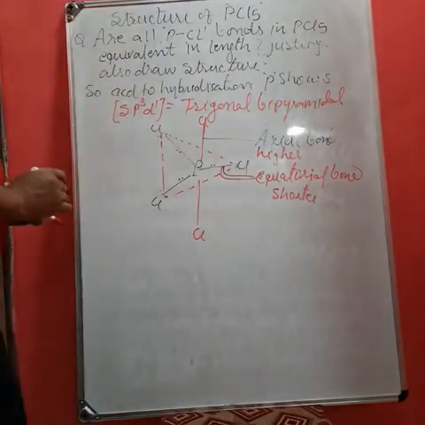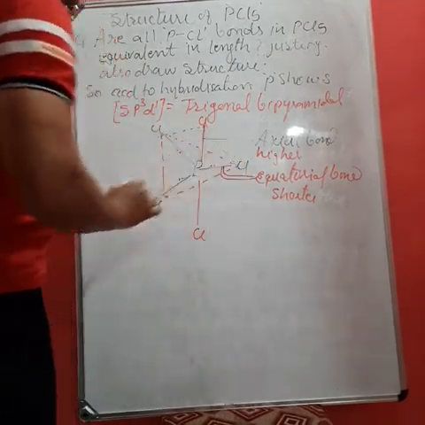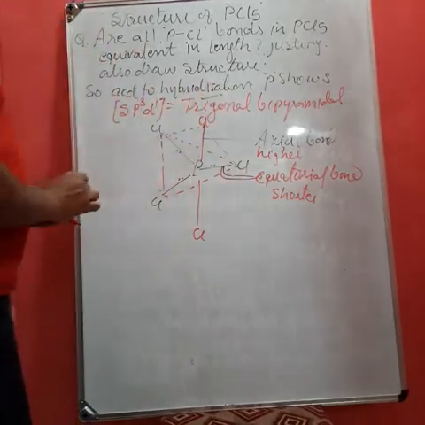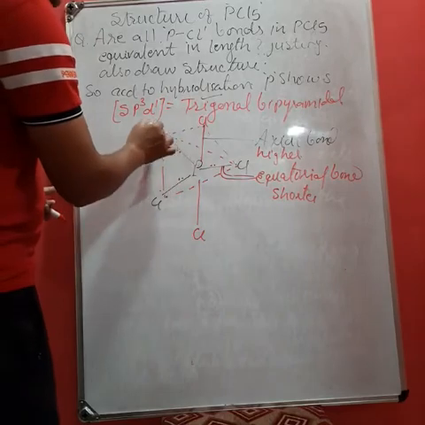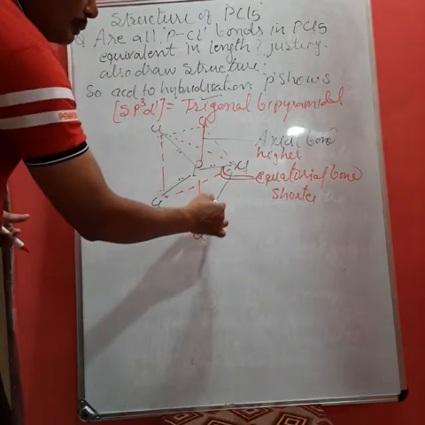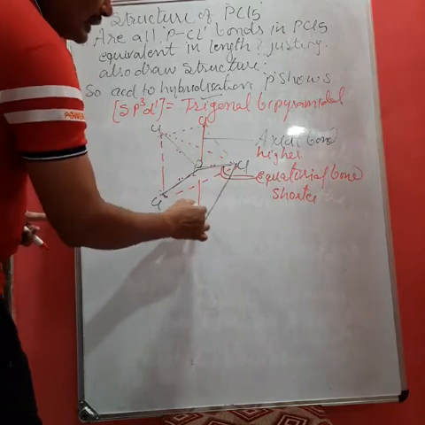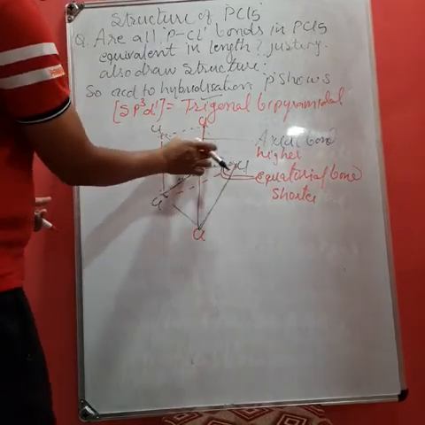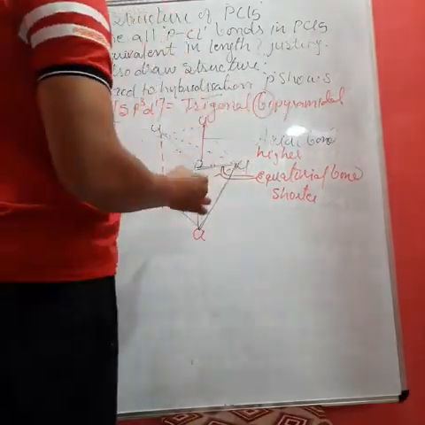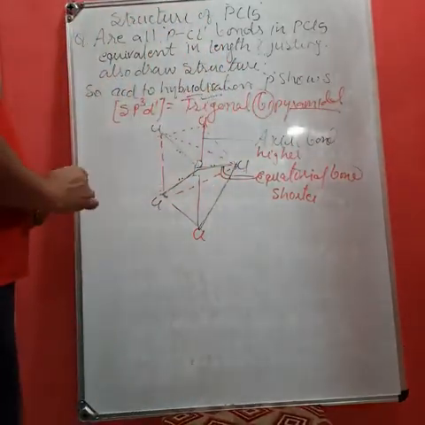Now what about the structure? If you draw the structure in this way, now this 1, 2, 3 will form a trigonal plane. While if we consider P with 1, 2, 3 Cl3, then it will become one pyramid, and here one more pyramid is present. So the 2 pyramids are there, one downward pyramid and one upward pyramid. Therefore in chemistry it is called bipyramidal in shape, so the structure becomes trigonal bipyramidal.